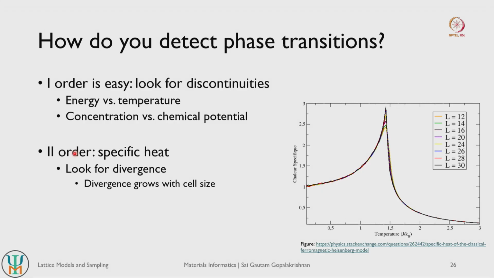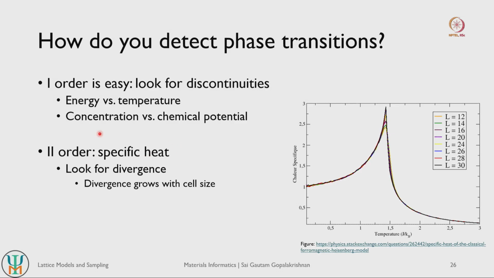of these values with respect to either temperature or composition. So that is typically specific heat. So if you take the second derivative of Gibbs energy with respect to temperature, that is your specific heat at constant pressure. And if you do the same exercise for Helmholtz energy, that is specific heat at constant volume, right. So for detecting second order transitions, we actually need to keep track of specific heats, right.